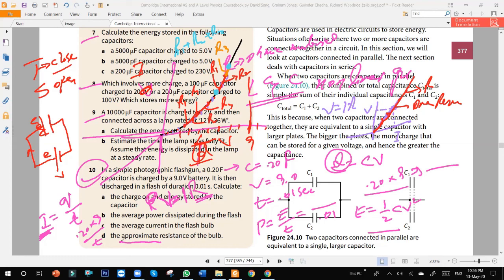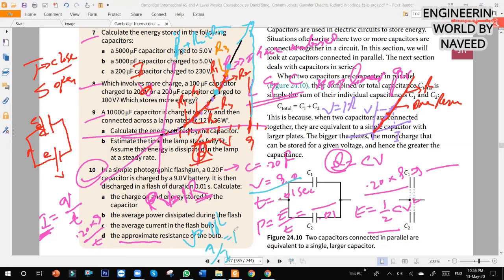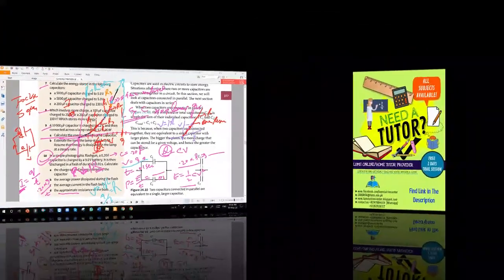So that's why the question is to find the approximate resistance of the bulb. Approximate means just take the final value over here, take the current, and divide using this formula, V equal to IR. Voltage is 9 volt. Current you will get from this, and that will be your approximate resistance. Got it? Yes, sir. Okay, now